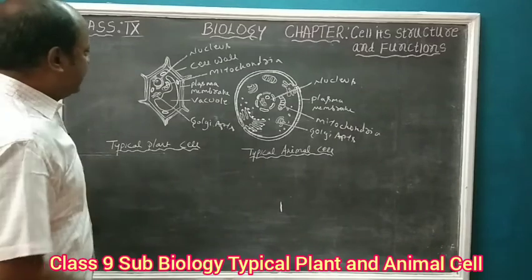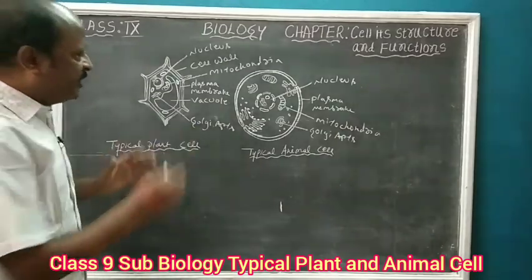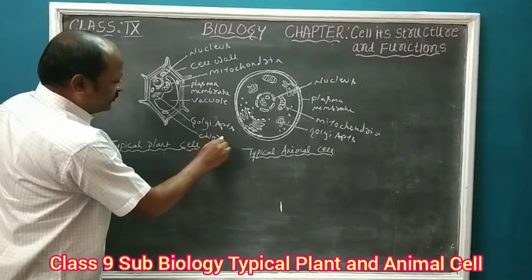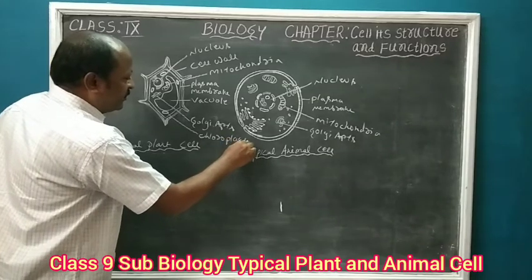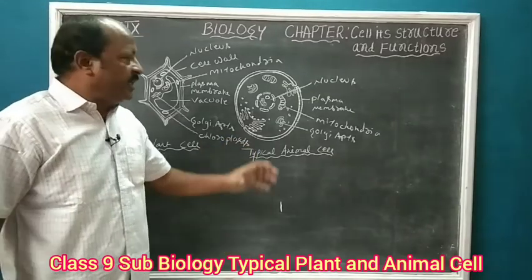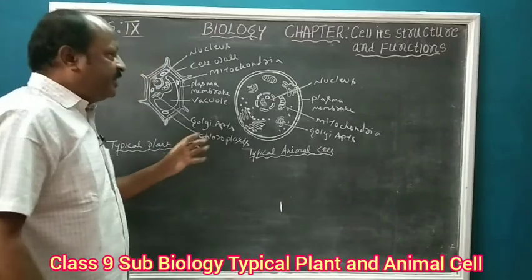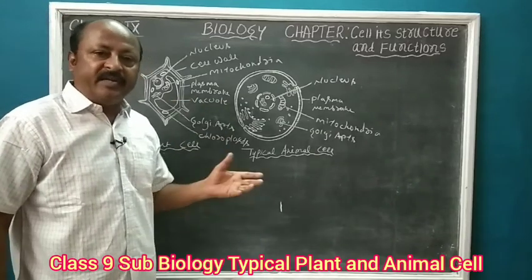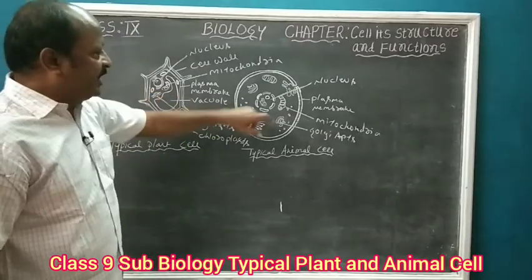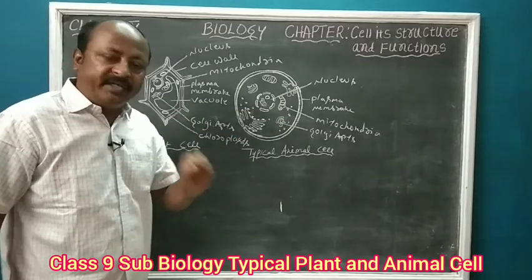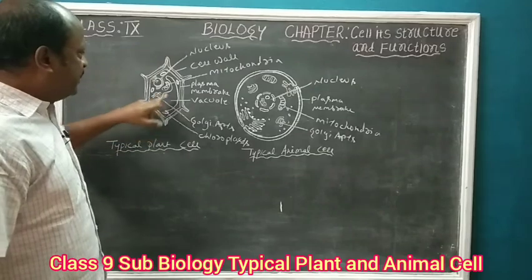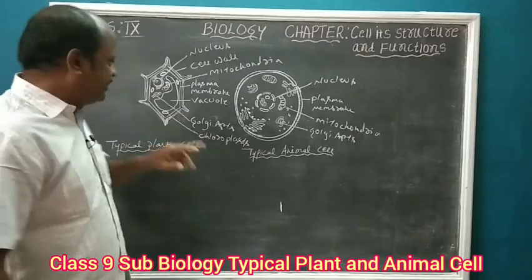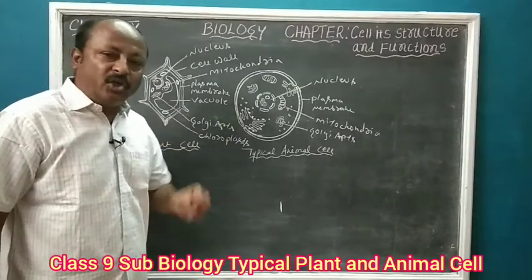Then the exclusive difference between the plant and the animal cell is that only plant cells have got the chloroplast, whereas chloroplasts are absent in animal cells. The major difference between the plant and the animal cell is, in the plant cell we have got a very big vacuole which can occupy almost 90% of the space inside the plant cell. But in the case of the animal cell, the vacuole is very small or it is absent. And in the case of the plant cell, there are chloroplasts which help in the process of photosynthesis. They are exclusively present in the plant cells, whereas in the animal cells the chloroplasts are absent.